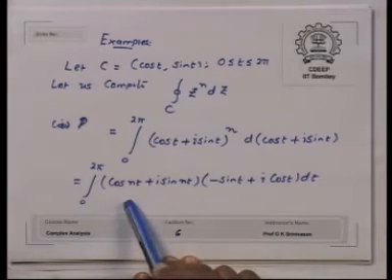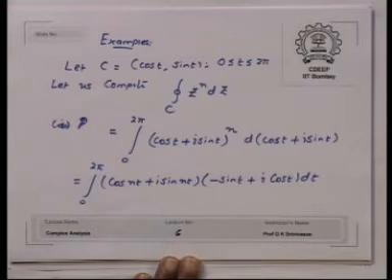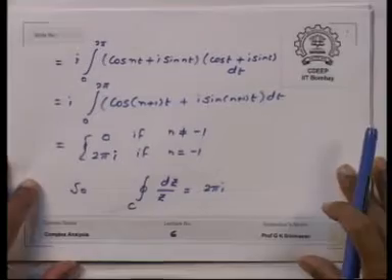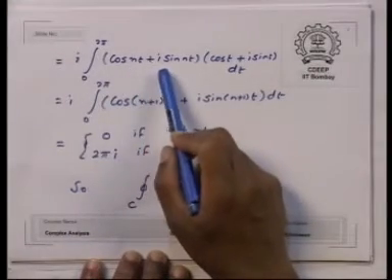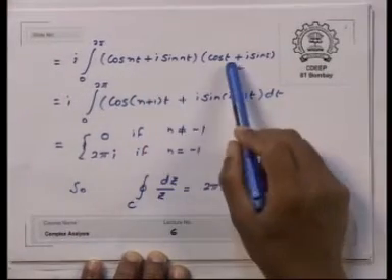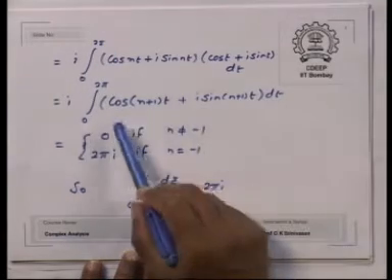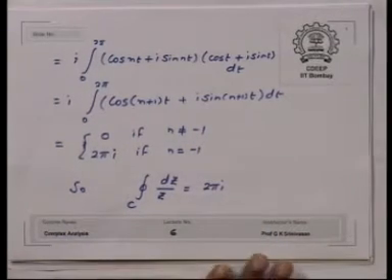It is cos nt plus i times sin nt, into d of cos t is minus sin t dt, d of sin t is cos t dt. Therefore, all in all, pull out the i and we get (cos nt plus i times sin nt) into (cos t plus i times sin t), from 0 to 2 pi,